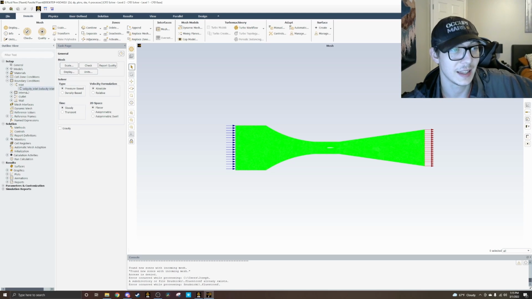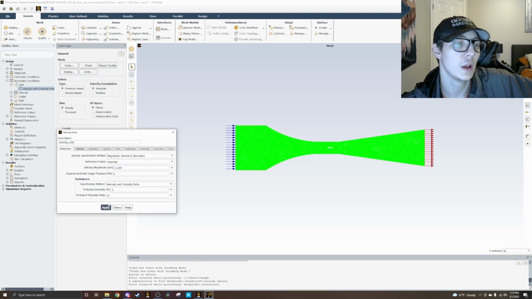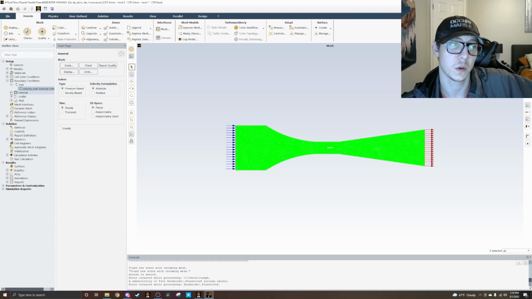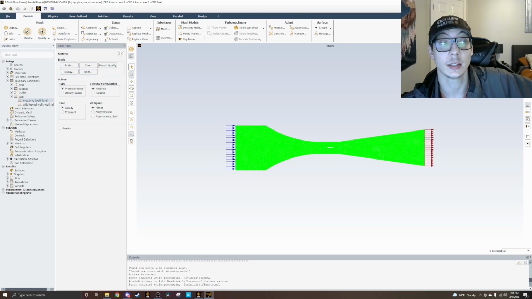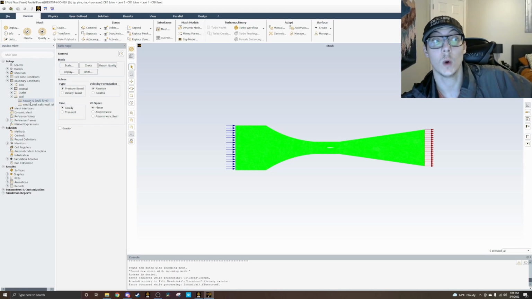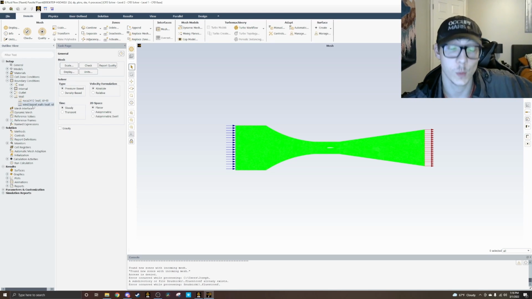Boundary conditions, inlet, velocity, inlet. Let's double check to make sure that our inlet velocity didn't go back to the default, which it didn't. We're still at 3.184 meters per second, which should result in the 12 plus meter per second of the test section. Outlet, pressure outlet is still labeled, wall is still labeled, and now look, it automatically went through and gave us 2 walls. We have the wall of the NACA 2412 and we have the wall of the wind tunnel walls, and that's going to come into play